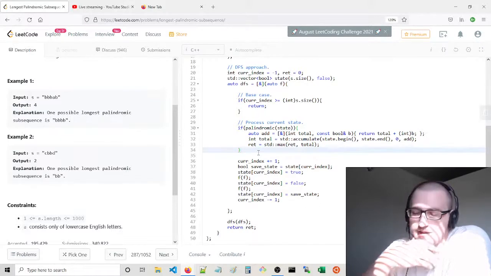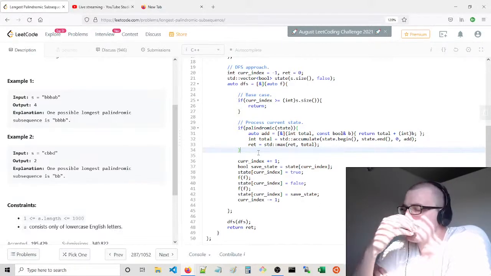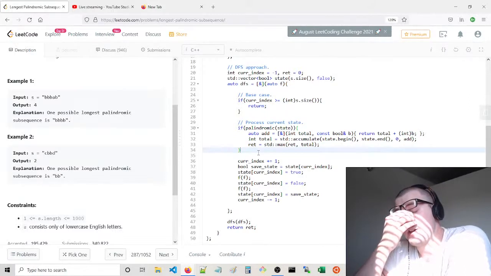That's, I guess, one way of determining if a sequence is palindromic. But the thing that's tricky about that is